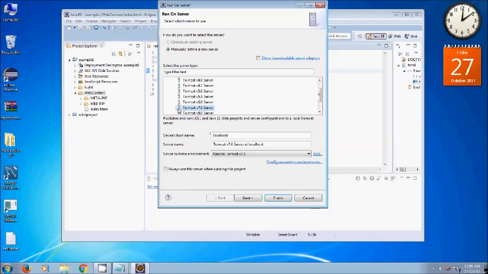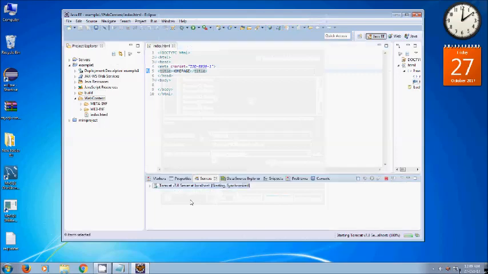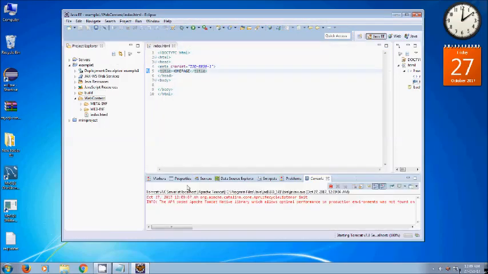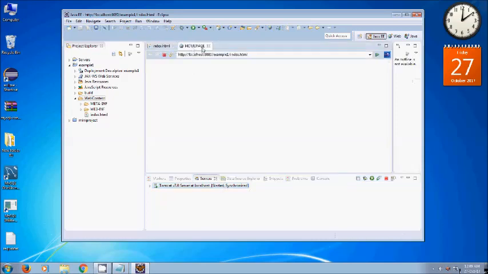So I'll just choose Tomcat v7 and click on finish. As you can see right here, a server has been started. It's starting, and on the console its starting process is shown, and now it shows that it is started. And when it is started, it will open a browser. This is built into